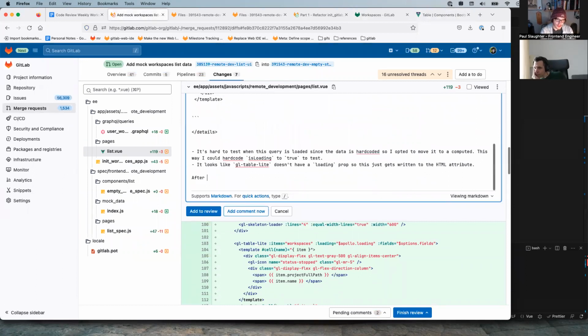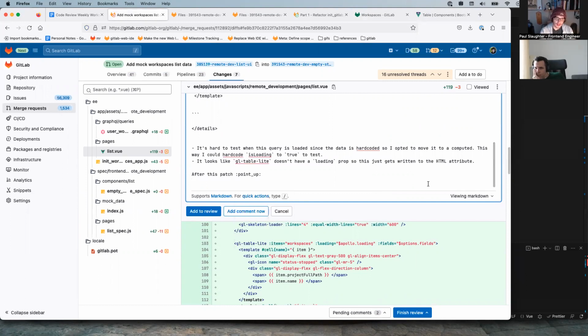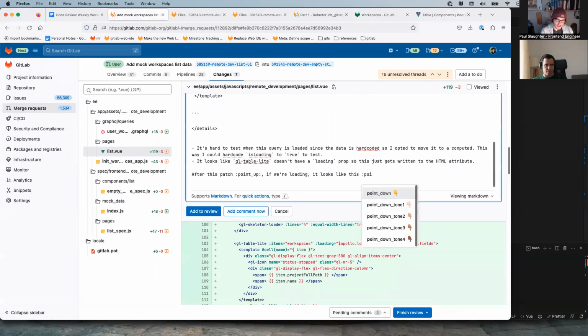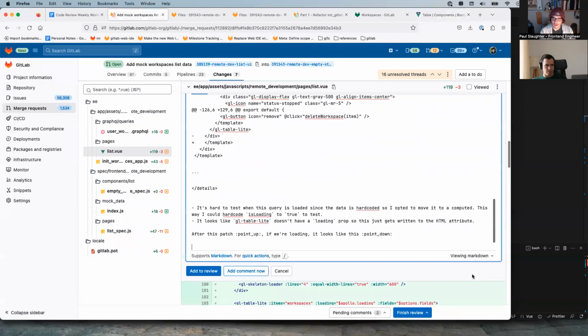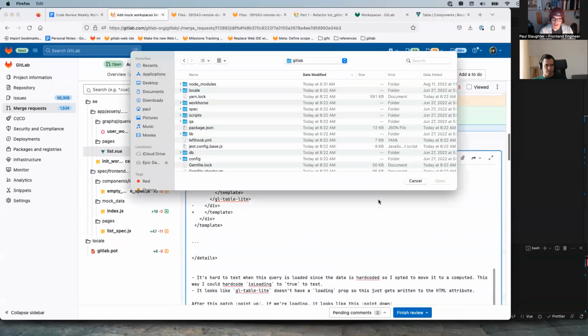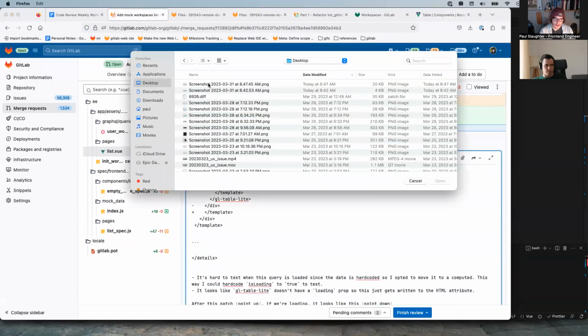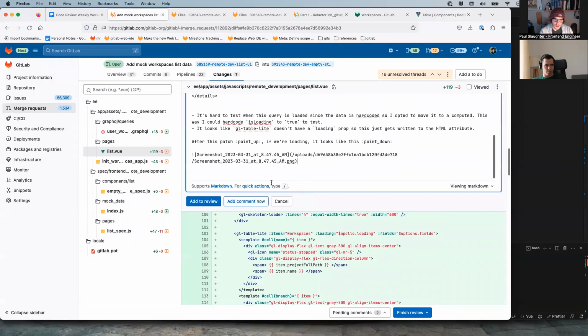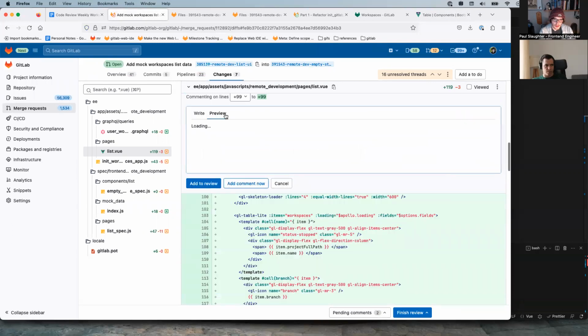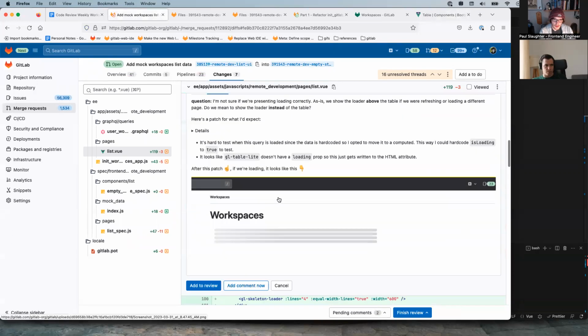All right. After this patch, if we're loading, it looks like this. That's the screenshot I took. There we go.